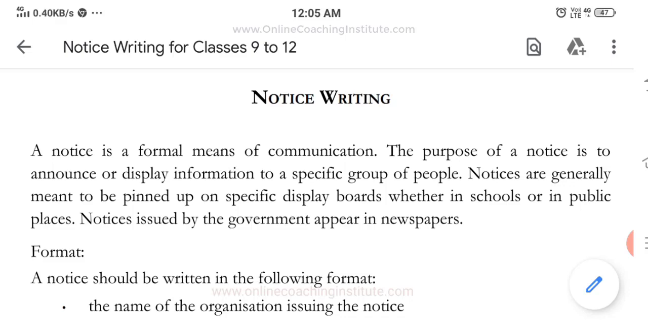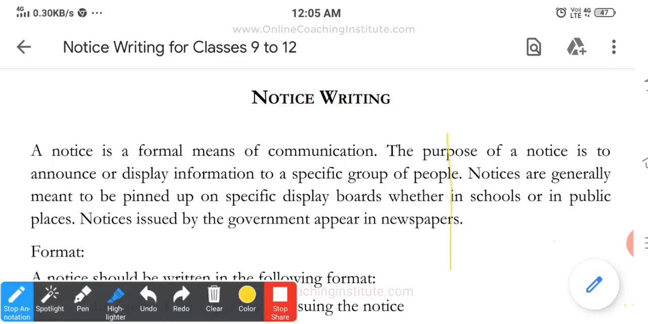So in this session, we shall learn plenty of things about notice. First, definition, second, format, third, some layouts. And further, we shall have some examples, samples, and further we'll have some practice questions. I hope you are ready. Let's start now. Well, students, first of all, I would like to tell you